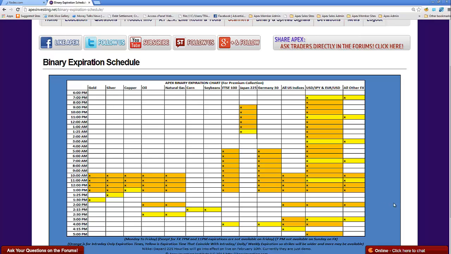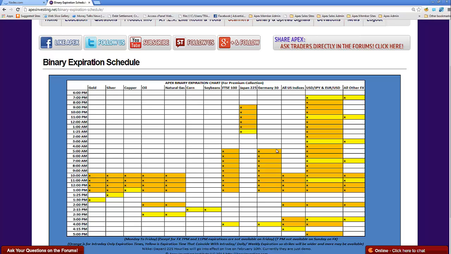At night, you're mainly going to be looking at indices. Also, you can go over and you can check out the Japan 225, the Nikkei. That's a potential opportunity, but the difficult thing on that is you have to get the data feed for it. It's a little bit of a pain, and it does cost some money. So you may not want to start there, okay? And then you have the DAX and the FTSE. That'll start early morning, and so you can take advantage of that. So you've got expirations right there at 5, so you can start as early as 3 o'clock on the DAX